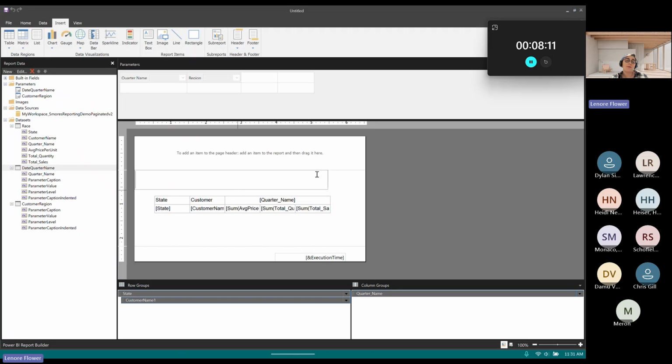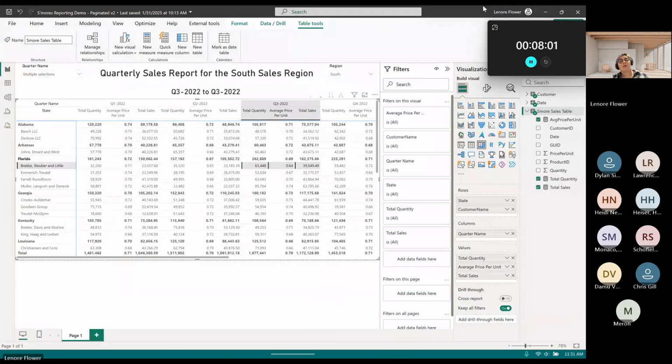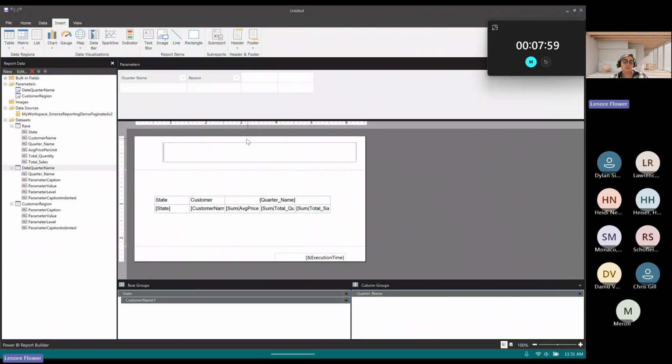I'm going to use this default title box, although if you deleted that, you can always just create your own title box. And we're going to pull in quarterly sales report. Because I'm going to be quick, I'm going to just call this chosen regions.